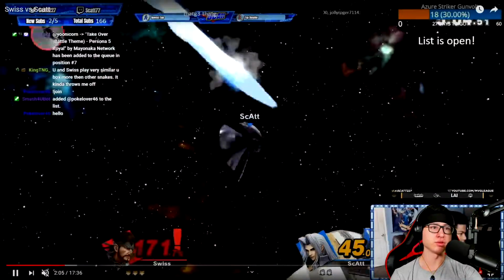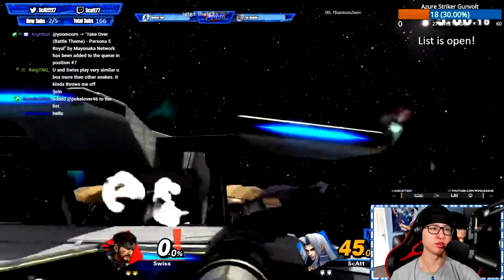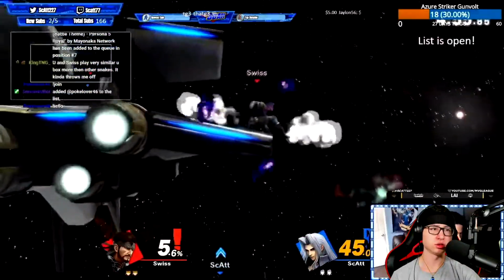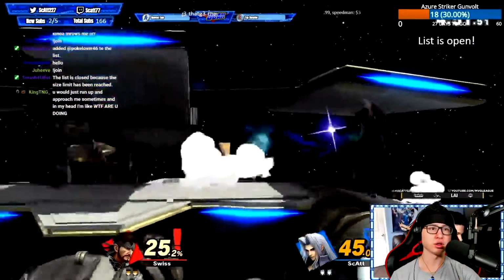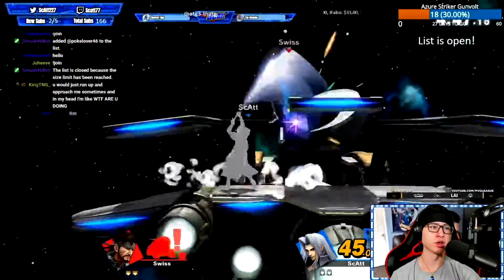And then right here was just a really good read by Scatt. I had no idea he was actually going to go for that. So that was really good. I use the charge up B again. Then I have to hold that shield. And again with the dash attack. So at this point,